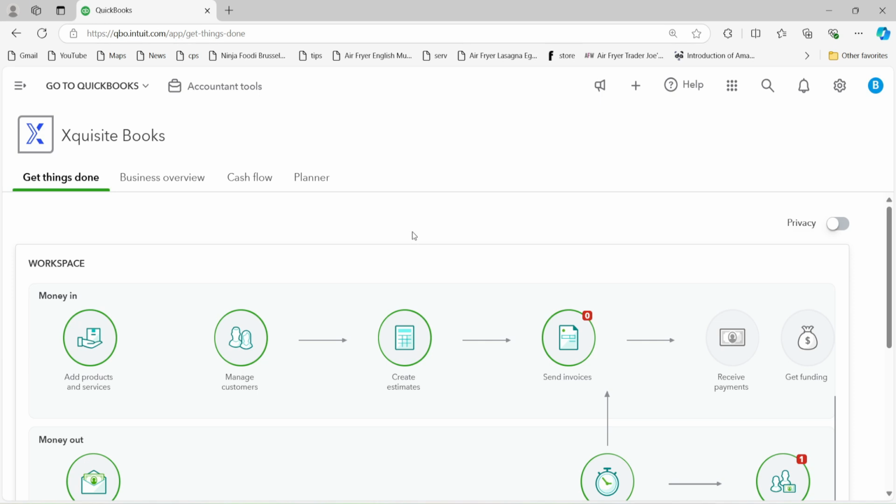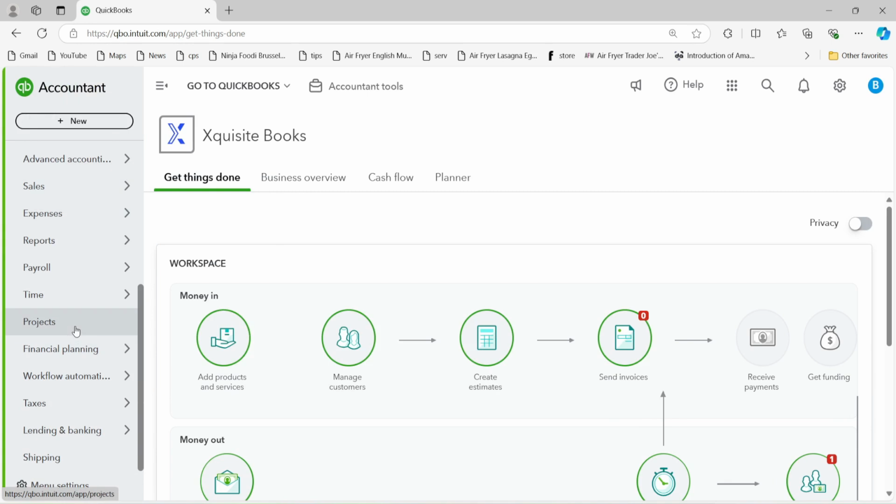And if your customers pay you in cash, like you don't have any credit terms, you can record your income by generating a sales receipt. So let me show you how. First we have to go to sales,